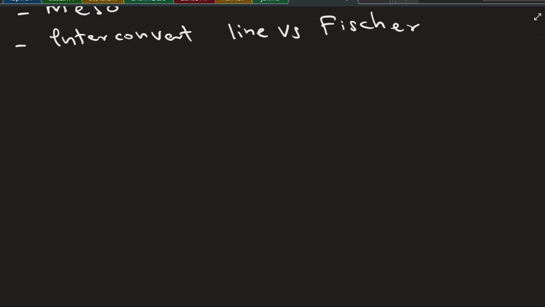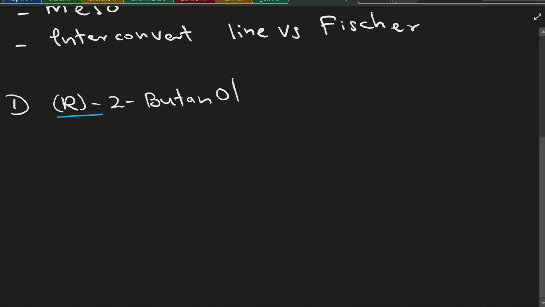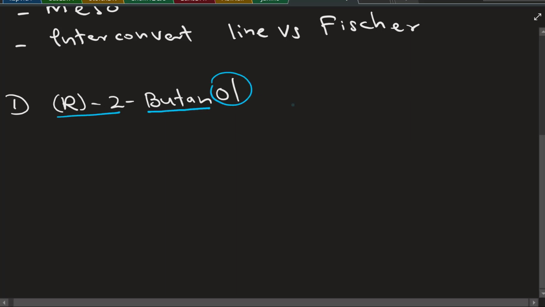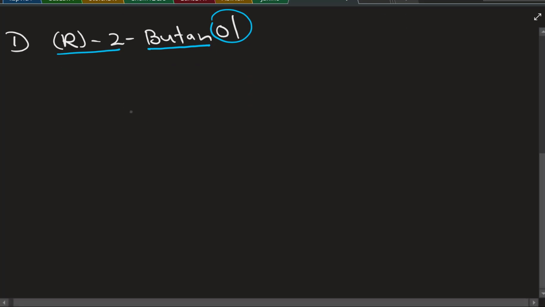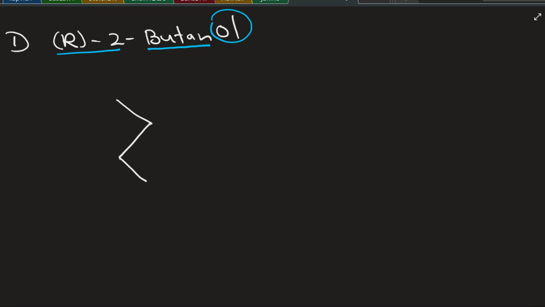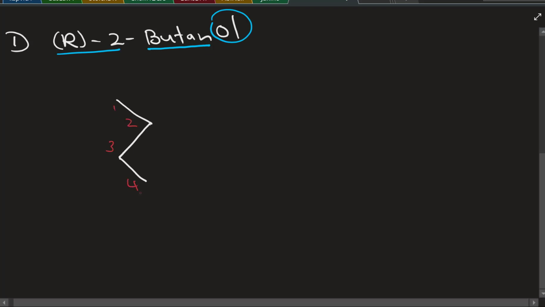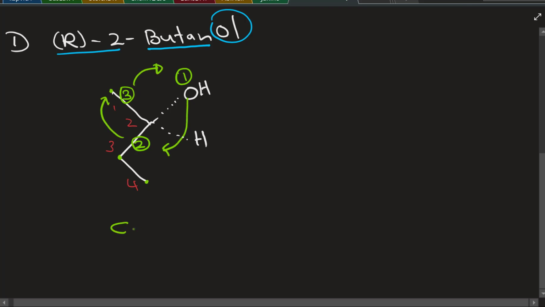So when you write R-2-butanol, what you want to do is look at the name, 2-butanol. That's 4 carbons, and the second position has the OL, right? So you want to just draw a line with 4 carbons and add the numbers for each carbon, 1, 2, 3, 4, right? And then at the second position you will put just dotted lines. Okay, now 1, 2, 3, the priority order based on the CIP. So it seems like R, now we solid, that's an R,